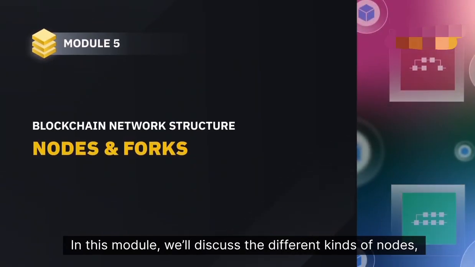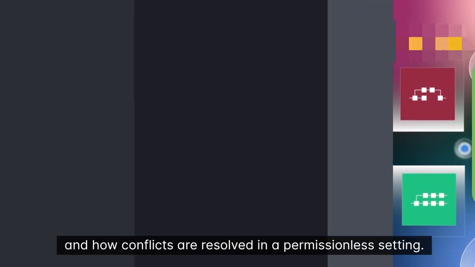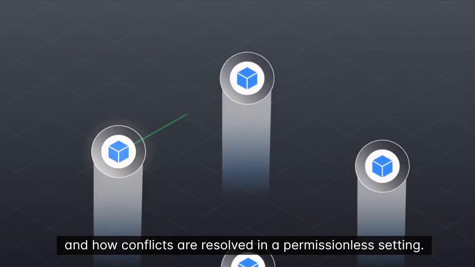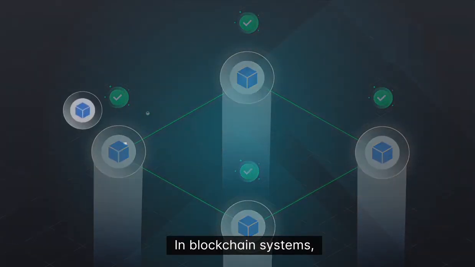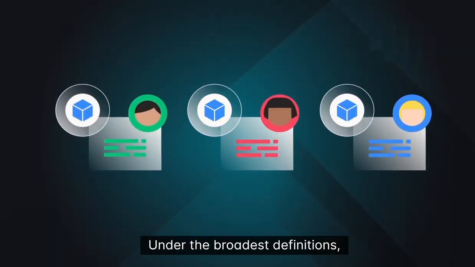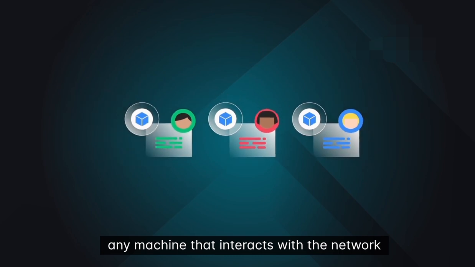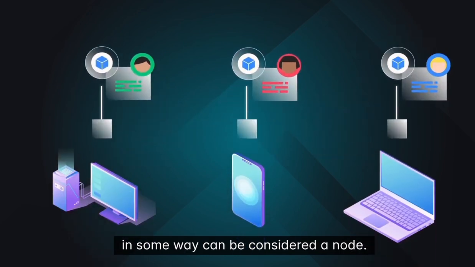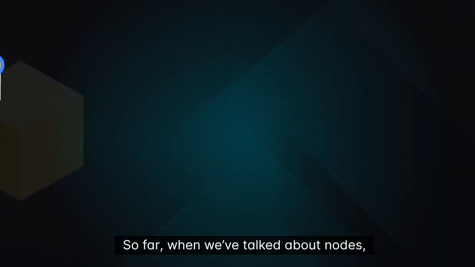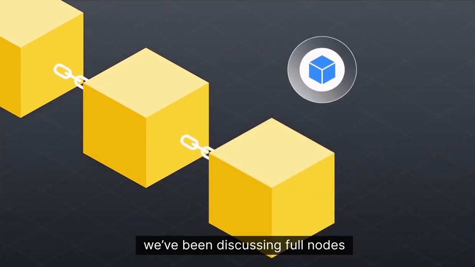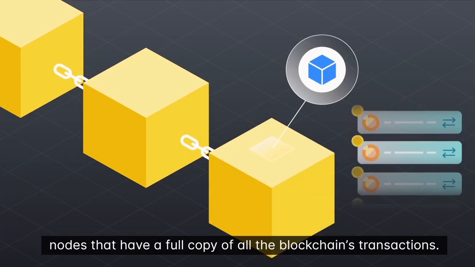Discuss the different kinds of nodes, blockchain network structure, and how conflicts are resolved in a permissionless setting. In blockchain systems, not all nodes are the same. Under the broadest definitions, any machine that interacts with the network in some way can be considered a node. So far, when we've talked about nodes, we've been discussing full nodes, nodes that have a full copy of all